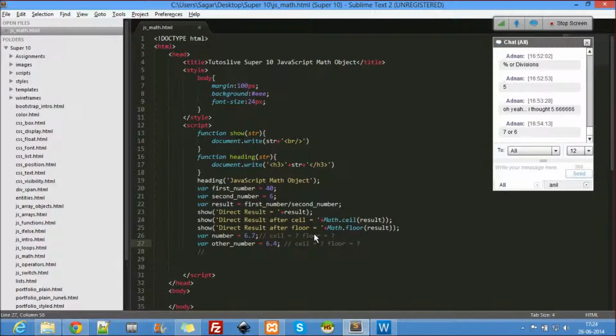7. So both of them. So 7 or 6 or 7 and 6.